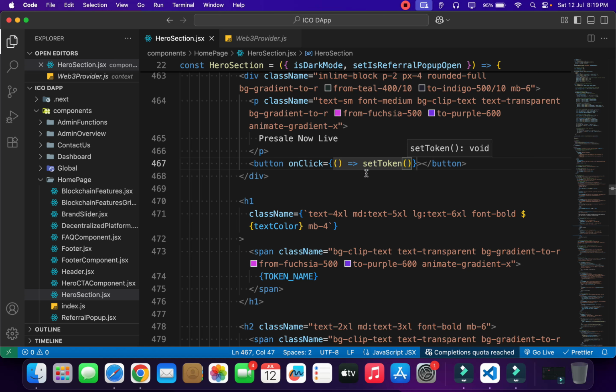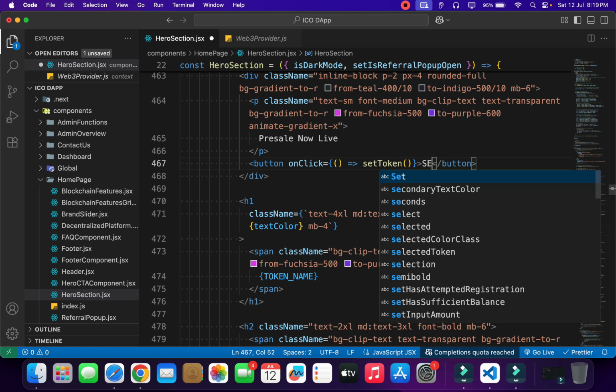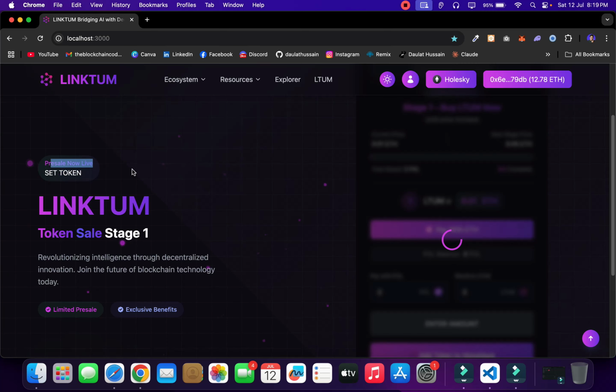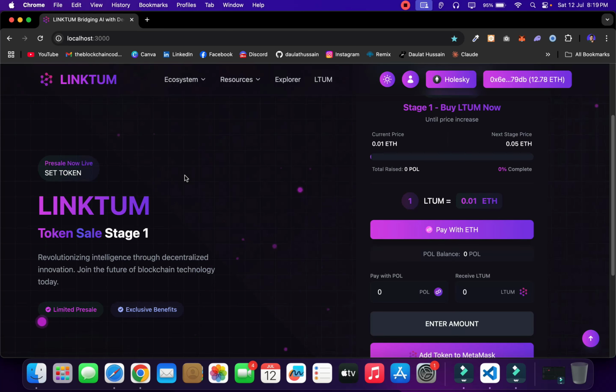Perfect. Now what I'm doing, I'm simply calling the function. Let's call this set token. Perfect. Now if I come back, you will find that I got the button and it's absolutely ready. I'm the admin, so make sure you connect with the same account which you have used for deploying